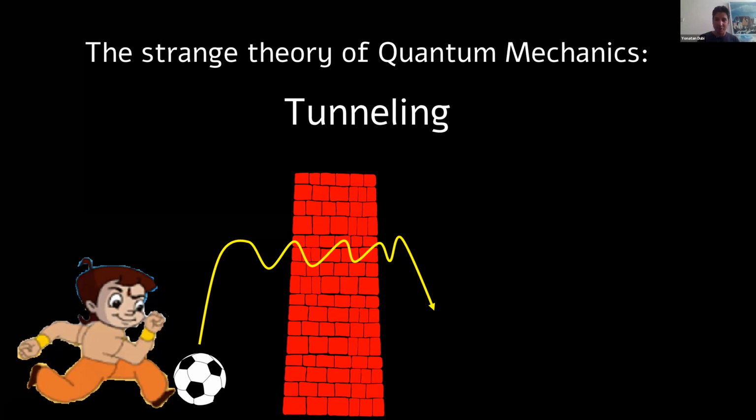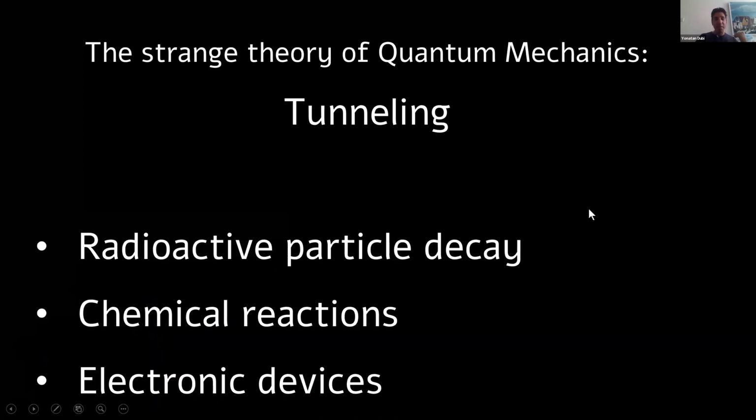I'm not going into the mathematics, but it turns out this is a property which has been measured over and over again. And it has been measured in radioactive particle decays, in chemical reactions, in electronic devices many, many times. When we see quantum mechanics, we are going to see quantum mechanical tunneling. Now that's pretty cool, right? Things that go through walls. That's totally